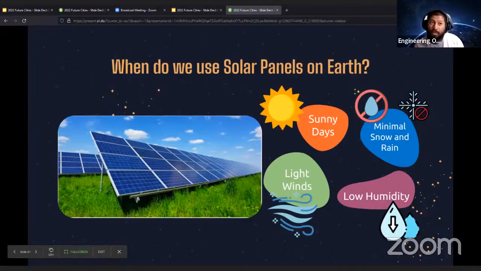It might start breaking up. It might start rusting. And then it kind of defeats the purpose of the solar panel if it doesn't work. And we also want to consider light winds. So it's okay if it's a little bit windy. However, once it gets so windy to the point where the solar panels start ripping off, because here we can